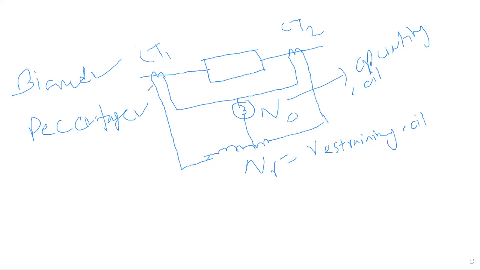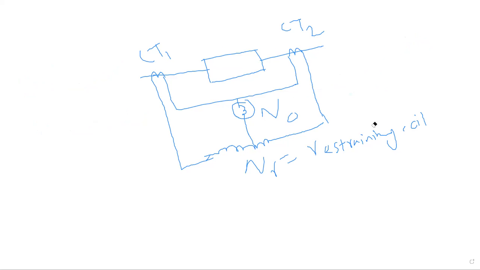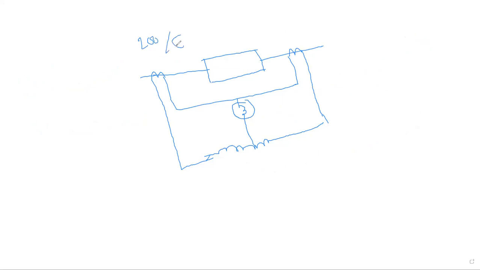Okay. Now let us analyze whether the problems that we faced in the case of only the differential relay are resolved or not. Then we can say whether it is the improved version or not. All right. So we consider two difficulties in the differential relay that we will analyze. Let's consider the two CTs are not identical. Let's say this is 200 by 6. This is 200 by 5. Okay. So we consider this as an external fault.